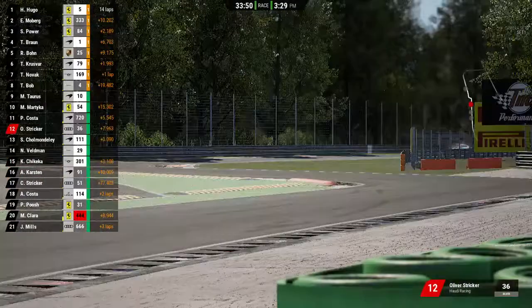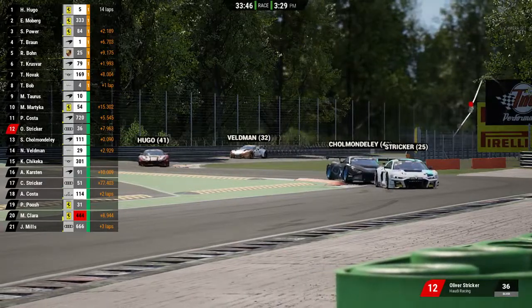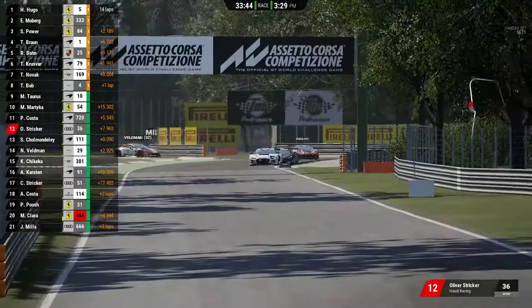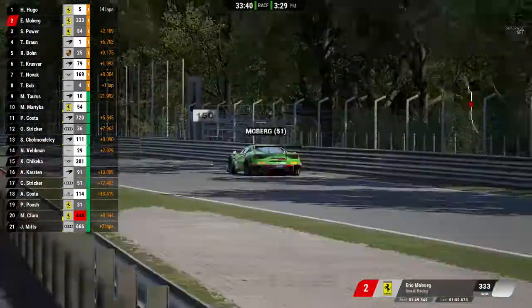Is he going to be able to? Yeah, here he goes down the inside into the chicane, not having it there, so holding it there. Hugo, who has yet to pit, is behind these guys. They're going to have to let him go, so